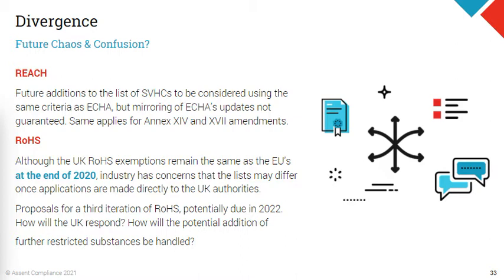So as of today, it's important to note that you need to start building strong programs to manage these existing systems, but keep an eye on the future and always keep an eye out for divergence, because that is where you're going to get caught out. Industry is really going to be caught off guard, and your supply chains who are outside of the UK or EU are going to need a lot of hand-holding and education, because it may be a substance that not all of their customers are asking them for moving forward. So divergence is really where you want to future-proof your programs to make sure that you can be flexible, scalable, and adaptable to these changes coming up.